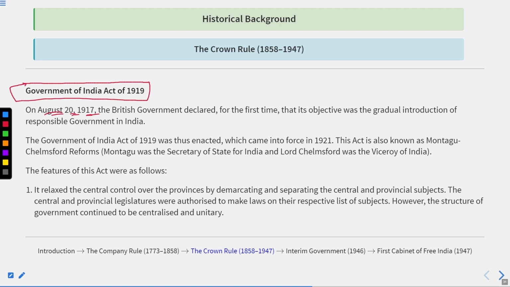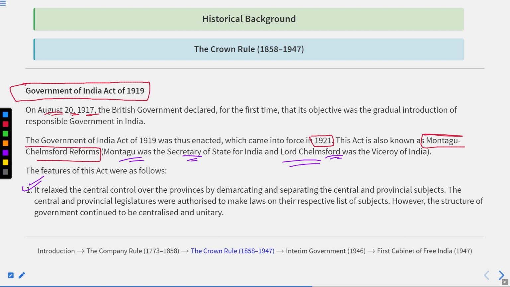So 1919 is the introduction year and 1921 is the implementation year. This is also known as the Montagu Chelmsford Report. Remember this thing. Montagu Chelmsford reforms. Okay, similar to 1909, Montagu was the Secretary of State for India, responsible to the British Parliament, and Lord Chelmsford was the Viceroy, responsible to the Crown of Britain. So what were the features of this act? The first,